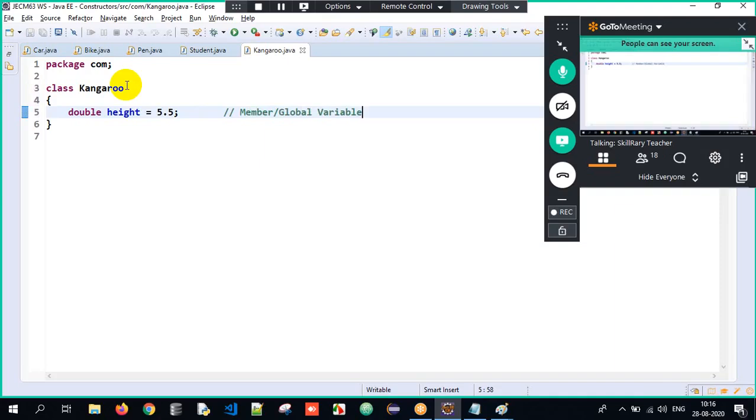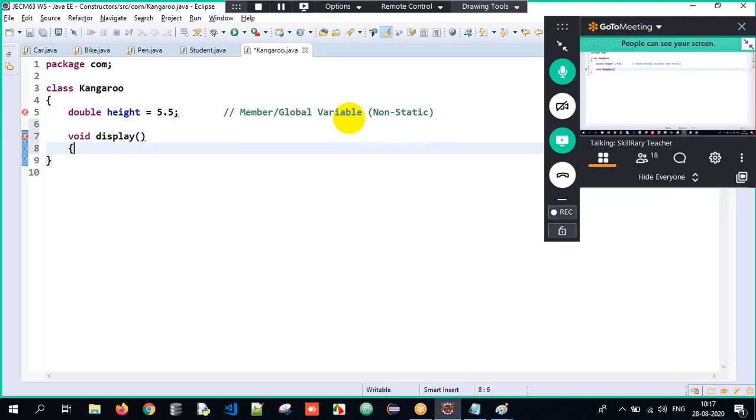And secondly, we understood it's a member variable. But is it static or non-static? Sir, it's non-static, sir. Why? Because we have not declared it using the static keyword. So this is nothing but non-static. Are you all able to understand here? It's a member variable; again we have static and non-static. But since there is no static keyword, it's non-static. Clear? Done. Very good. Then I have a method, void display is the method name, open parenthesis, close, open curly